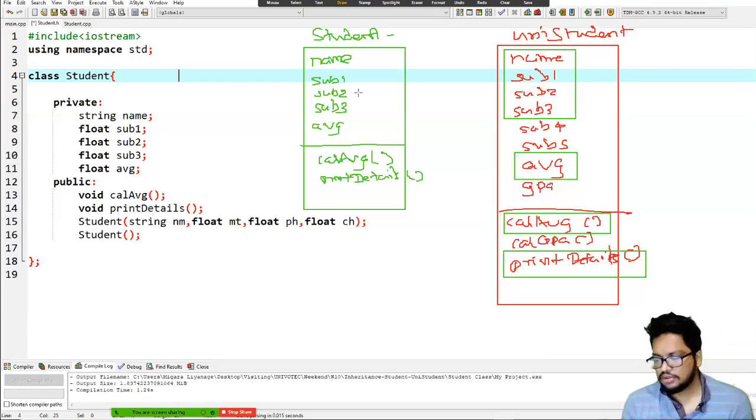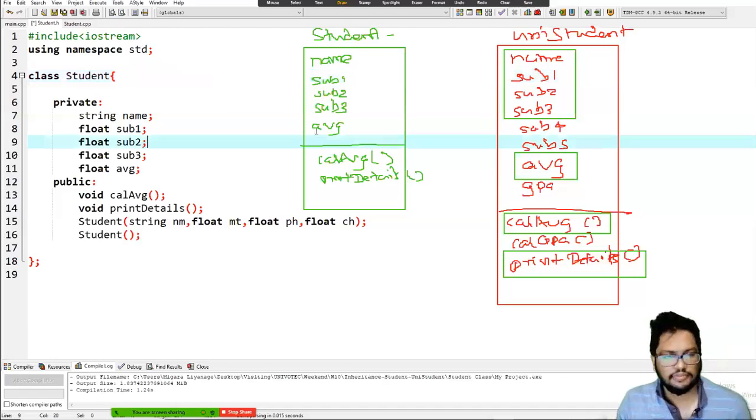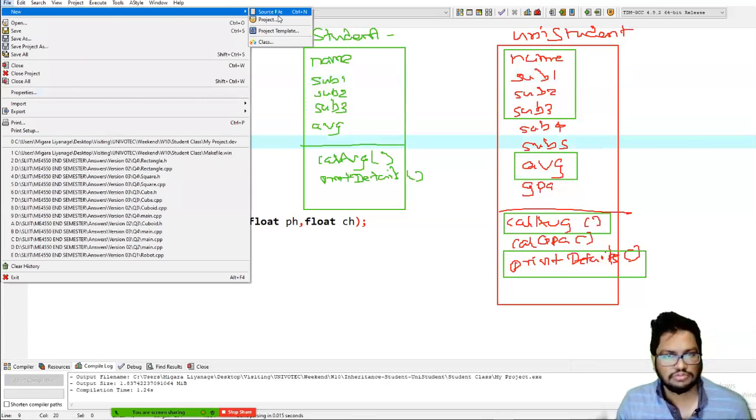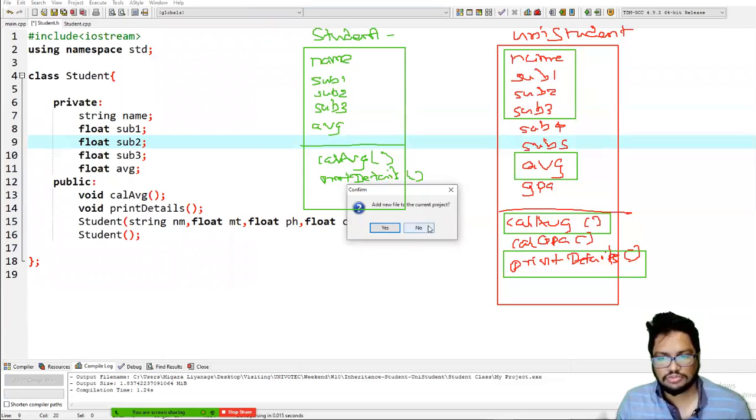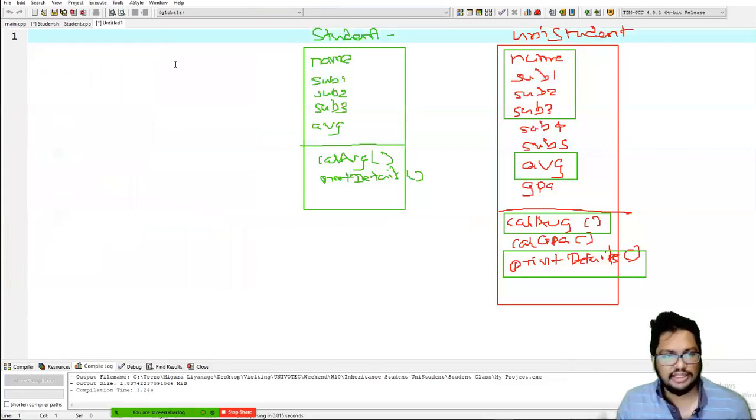Now what we can do is that, right? So I will add another H file and let me